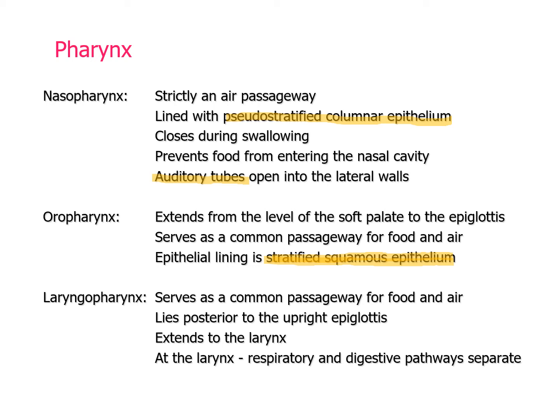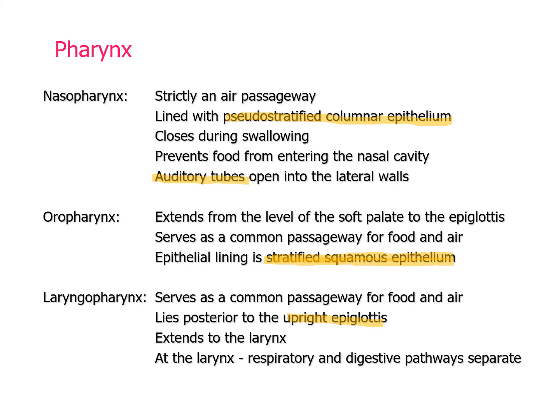tissues underneath. Further down you have the laryngopharynx, and that's the place where you have the epiglottis that separates food down into the digestive tract and air in the respiratory tract. If you're breathing, not swallowing any liquid or food, then it's open, and the esophagus actually has soft walls that collapse, so all the air goes into your trachea. As soon as you swallow, reflex action closes the epiglottis so that the drink, liquid, or food goes down your